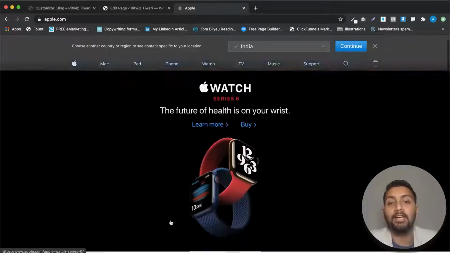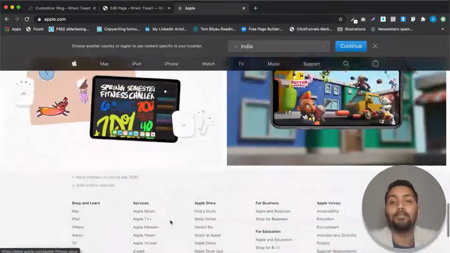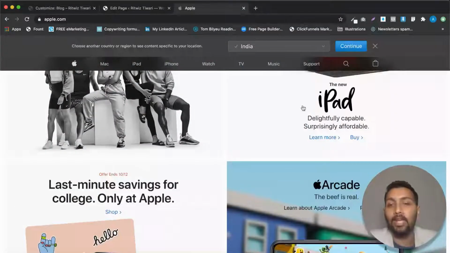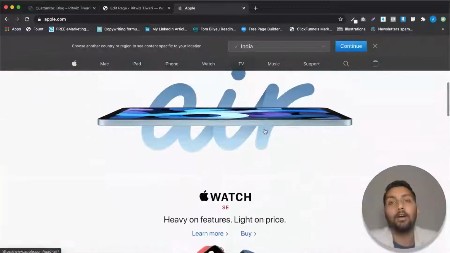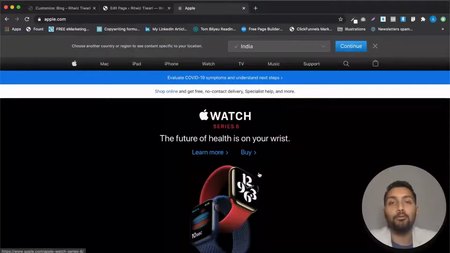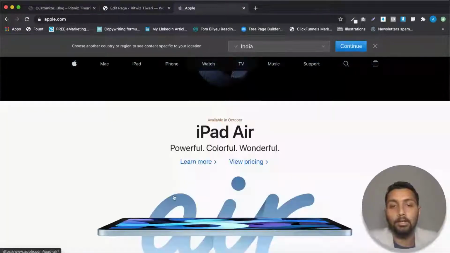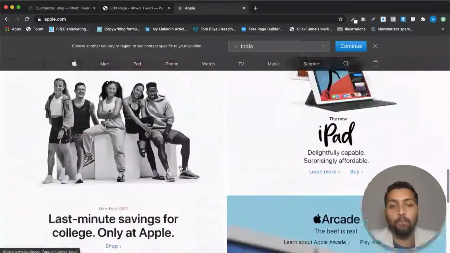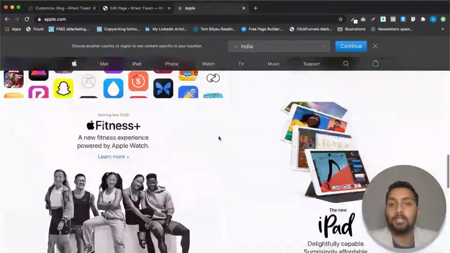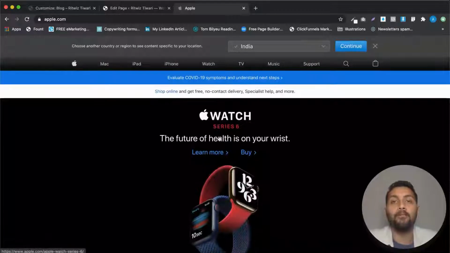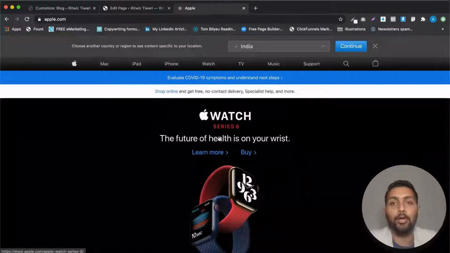You can actually create a website similar to apple.com itself as well, if you have the right images and the right fonts for it. So I'm going to show you how to build a website similar to this, right? We have 1, 2, 3, 4, 5, 6 and about 7 sections, but I'm going to build a website with more than 7 sections as well, and I'm going to teach you how to do that step by step, and you're going to enjoy the process thoroughly. So stay tuned for that video.